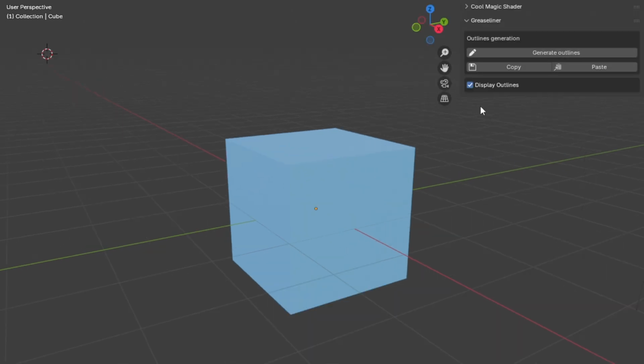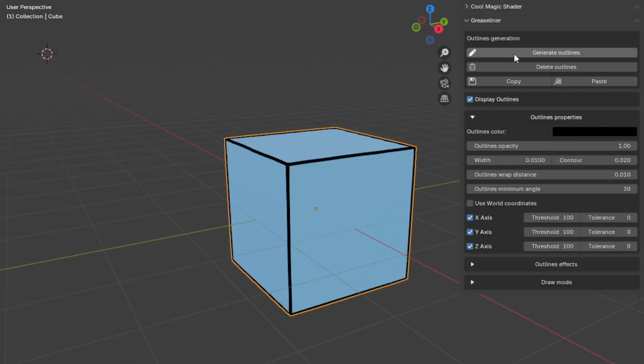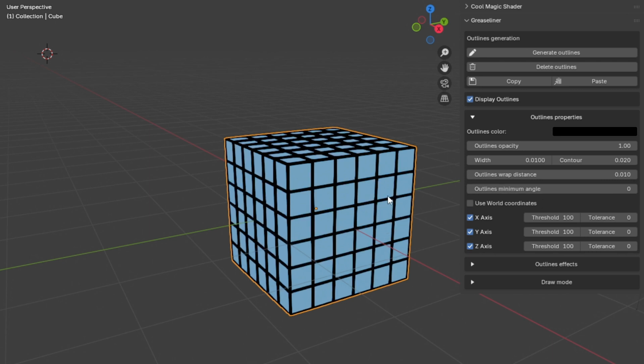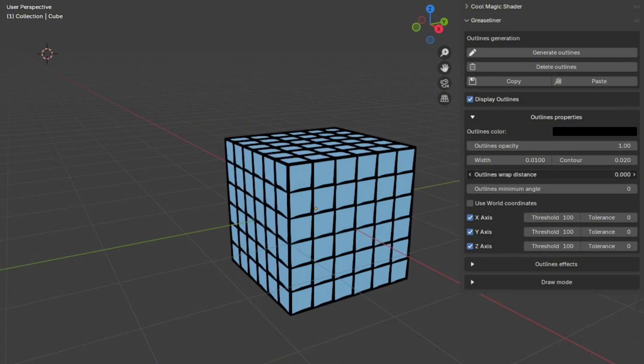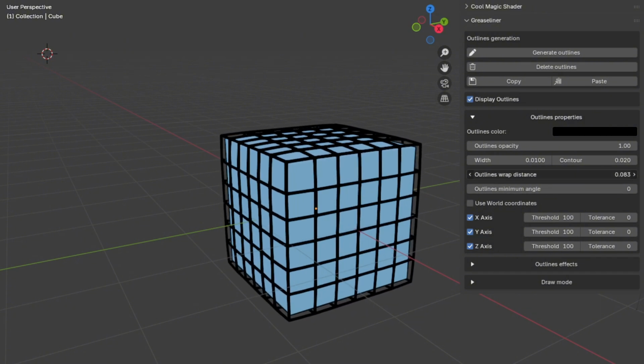Open Greaseliner tab in the end panel, select our mesh and click on Generate Outlines. Then start by tweaking the minimum angle value to get more outlines to visualize. Now we can play with the wrap distance,